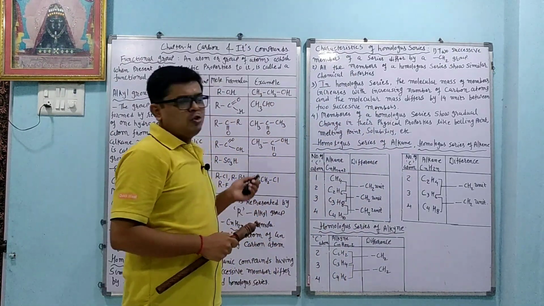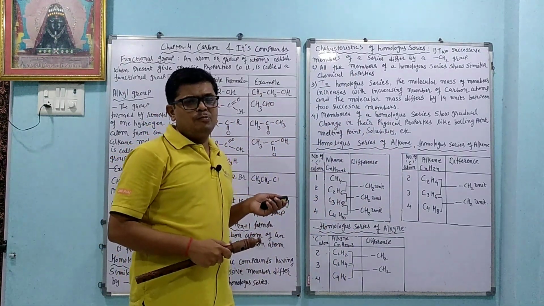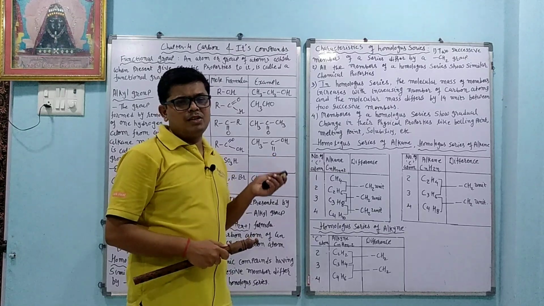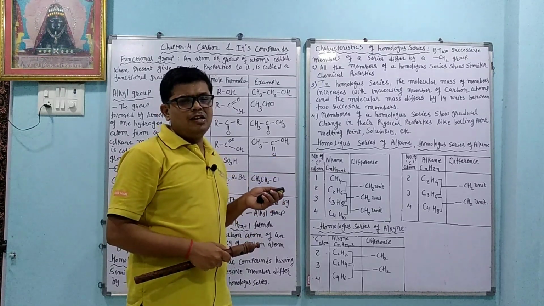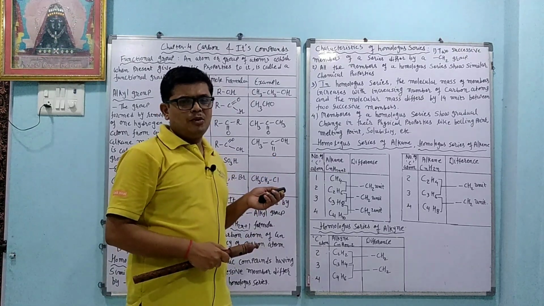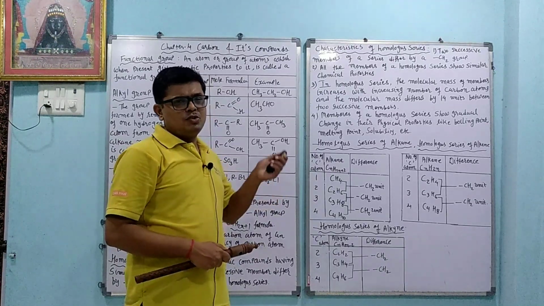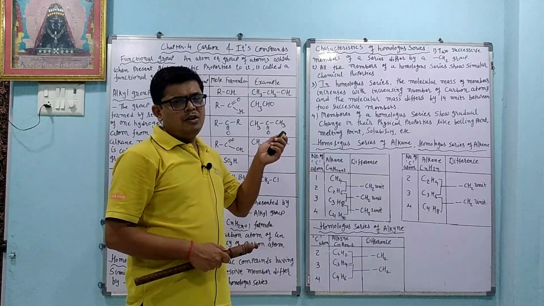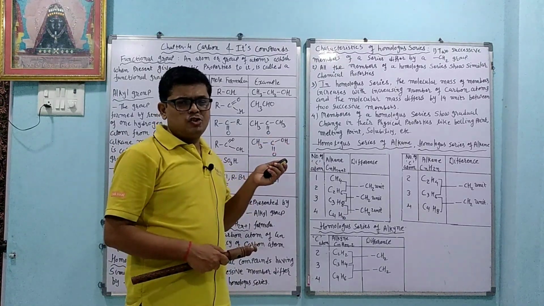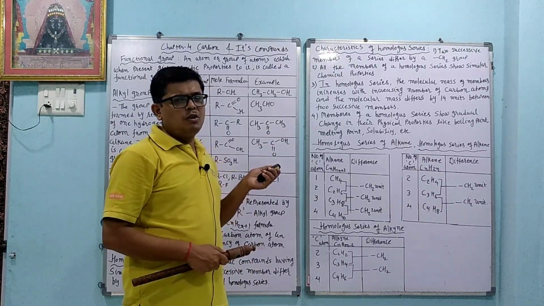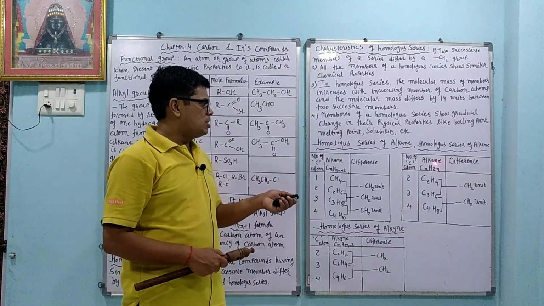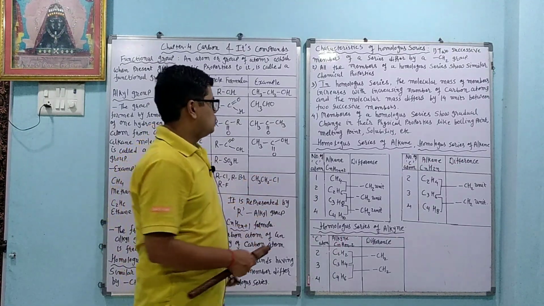So as we go top to down in the alkanes, methane, ethane, propane, butane, the number of carbon atoms increases. By how much does it increase? By a CH2 unit. And the weight of the CH2 unit is what? 14 units. As we go top to down, methane to ethane, the difference is CH2, and the difference is what? 14 units. In the same way it is possible in alkene and alkyne also.